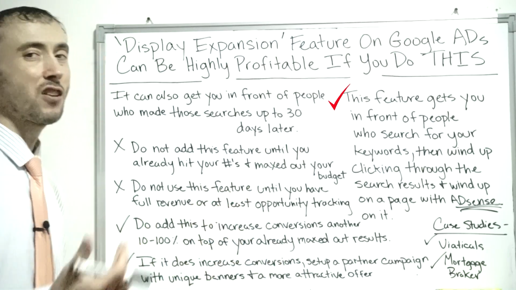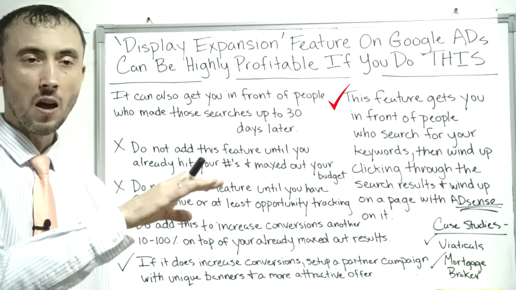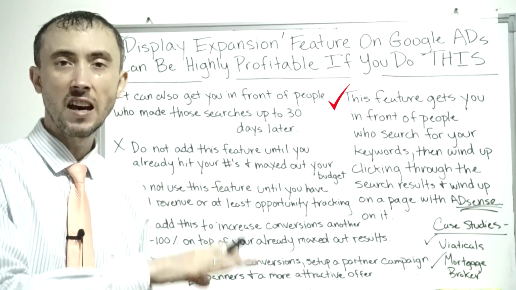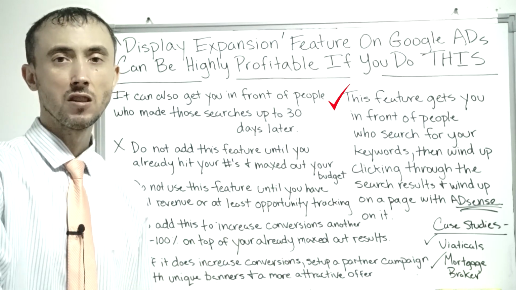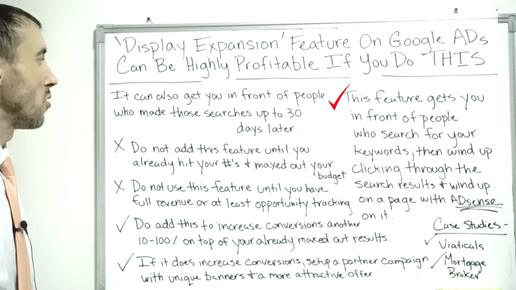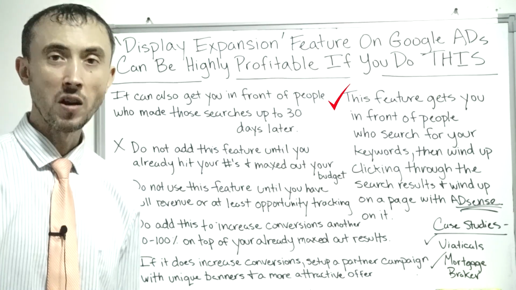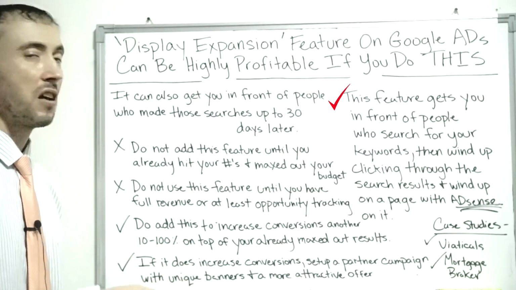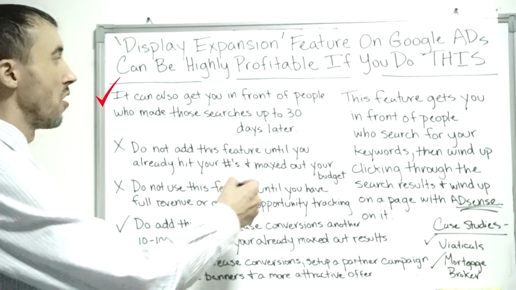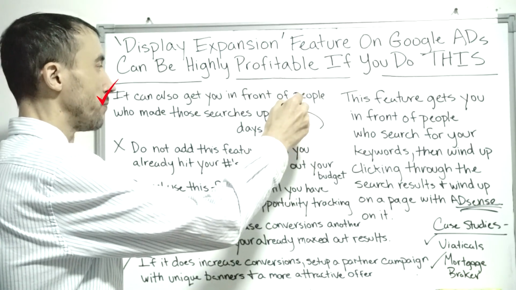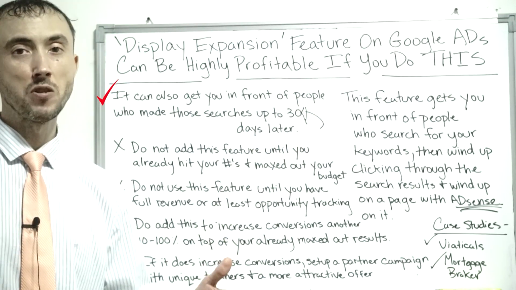By the way, though, it's not just people who searched for a certain keyword that you're bidding on, and people who then skip the ads, click on an organic search result, get to a page that has AdSense ads on it, that you will show up for. You actually can show up for people that have made a search for a keyword that you're bidding on with your campaign, and then are on any website on the web with AdSense code on it for up to around 30 days. So if they search for life insurance settlement company, and that's the keyword you're bidding on,